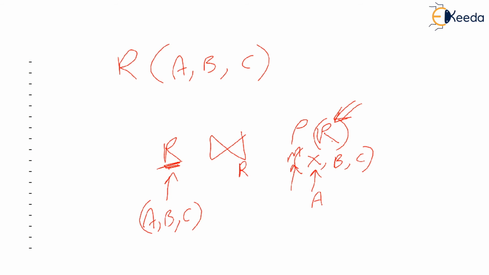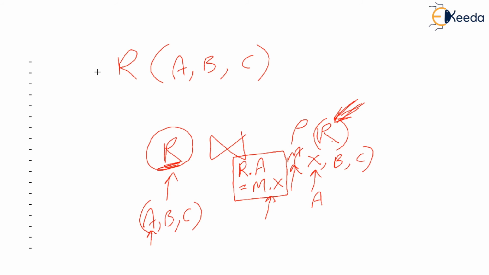You tell me there is no confusion here now, isn't it? Because now when you write R dot A, surely the relational algebra expression is not confusing. R dot A we are talking about is surely the left hand side R's A value. And M dot X that we are talking about is surely the M table which was renamed here. R was renamed as M and we are talking about X of that particular table.